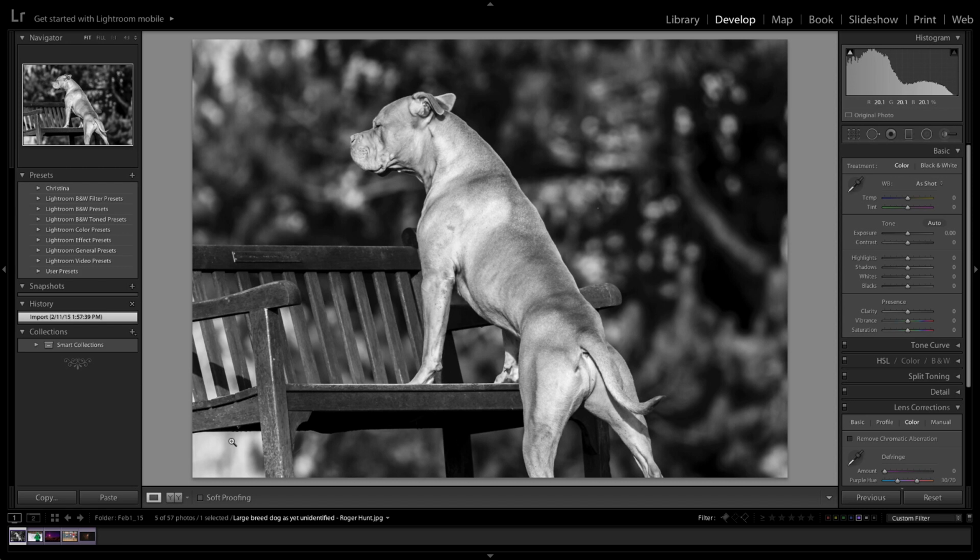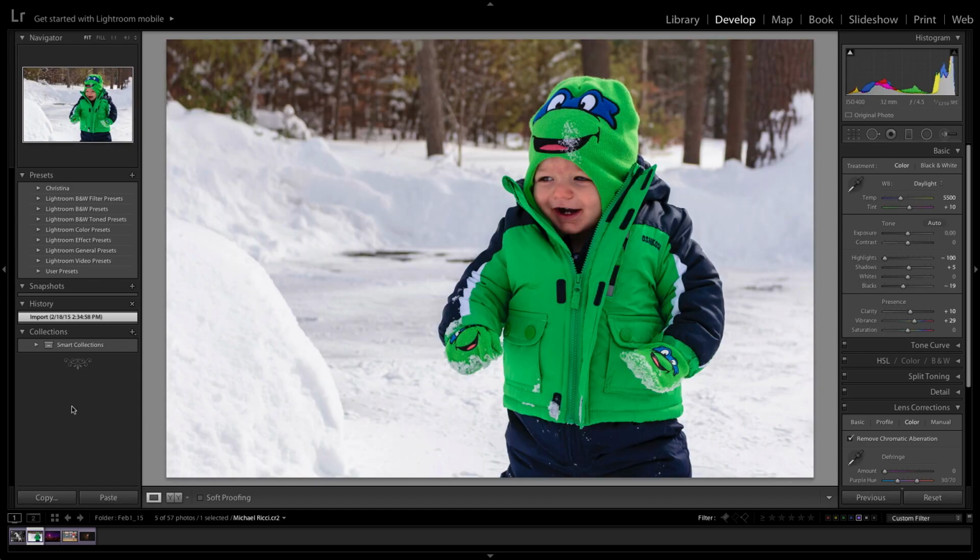And also we're cutting off the bench a little bit, so we either need to cut in more to be really deliberate about that, or shoot out a little bit wider and give a greater view. This is a cute photo, but we mention impact from time to time, and for the parent of this little, I'm going to say boy, it's, I think, a really cute moment enjoying snow, lots of snow, and it's fun. But for us, it doesn't really have a whole lot of impact, and